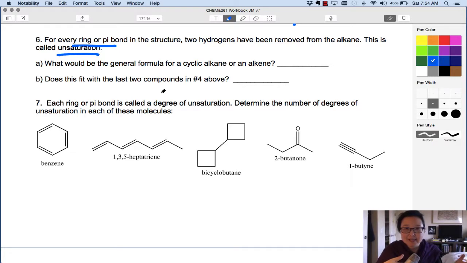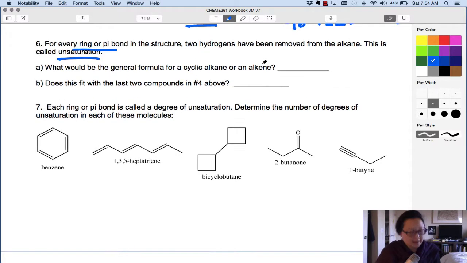So you have monounsaturated, diunsaturated, polyunsaturated. It tells you relatively how many pi bonds there could be. What would be the general formula for a cyclic alkane or alkene? If you have 2 hydrogens removed to make a cyclic alkane or 2 hydrogens removed to make an alkene, we know that from the saturated alkanes, CnH2n+2, if we remove 2 hydrogens, then we end up with